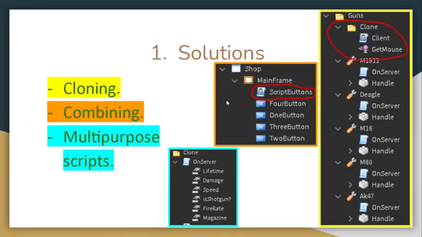So the solutions, pretty much we'd want to clone. Inside of the guns folder we have a cloning folder, and this will basically be cloned to every gun before it parents to the player. So you definitely want to utilize cloning, right? It's more efficient, it will save space and save scripts, especially even if it's in the replicated storage. You definitely still want to reduce the amount of items in replicated storage just to reduce memory, because it still stores in memory. Over here we have combining, so we combine all of the buttons on press into one